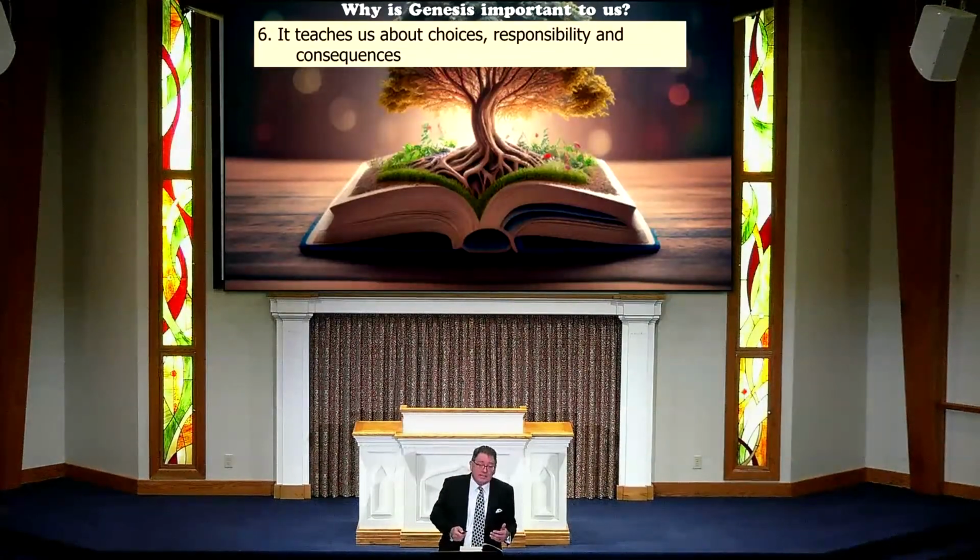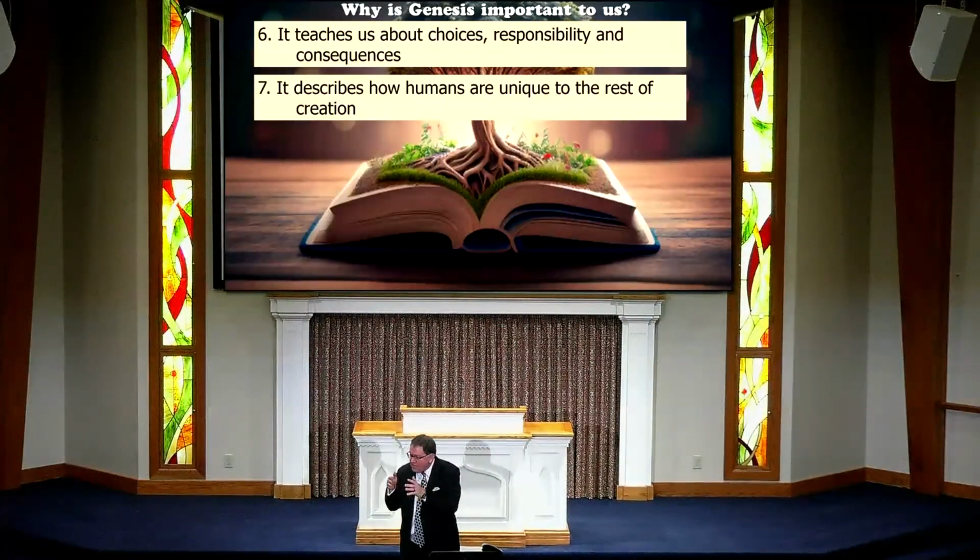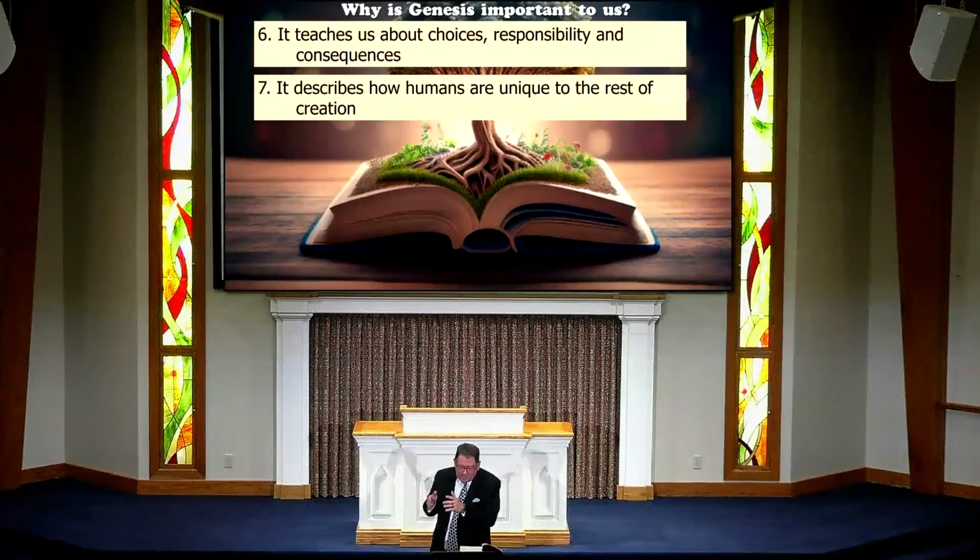It shows us how mankind is different and unique from the rest of creation. Okay? And God did not say that we and animals are on par with each other. We may love our pets to death, but you know what? We're different than our pets. And our pets are not our children. They're animals. As much as we love and as much money we pour into those things, they are animals. We are different than that. And that's going to be something we see here in the first few pages of Genesis.